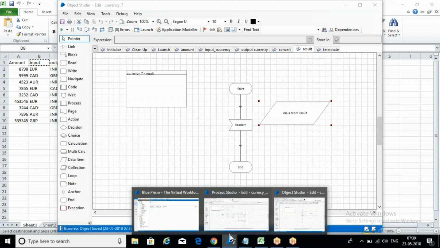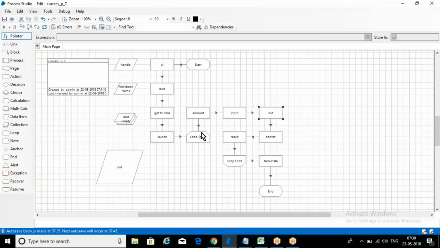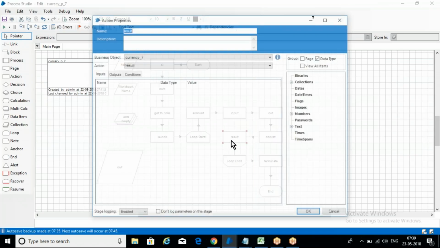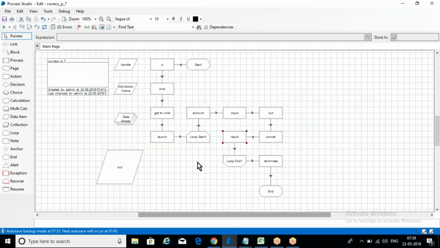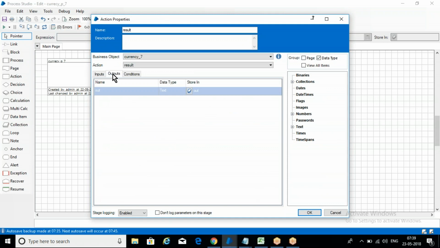So in Process Studio, let me go to Process Studio. Yes, here, see this, here is the result we are getting. We are giving that result here in the output, but we don't want it in the output, we want that result in your collection. So come to the output. See this, instead of this